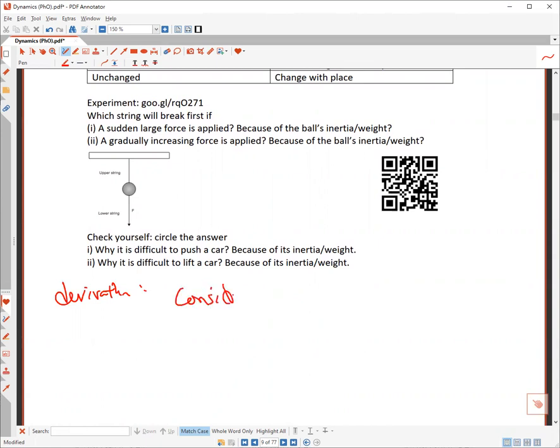So first, consider an object free falling. Let's say in a vacuum chamber, because I want to ignore the effect of air resistance. So if the object is free falling like that,